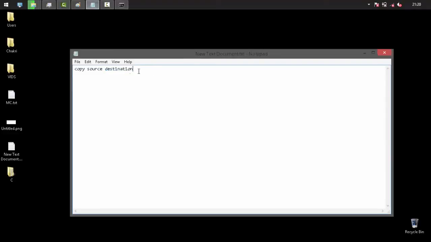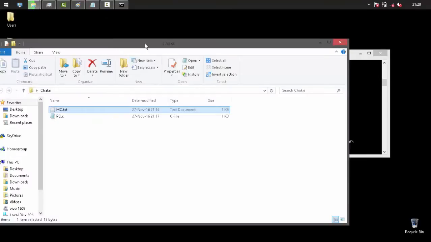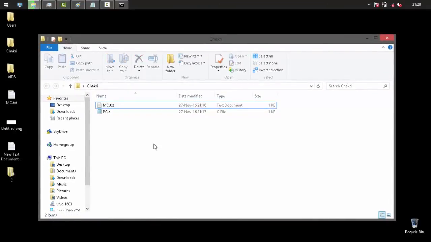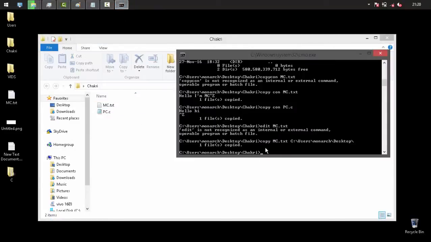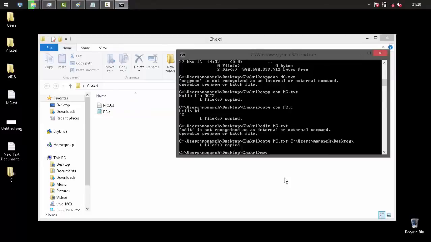The next thing which we are going to be learning is move. Move followed by a space, source and the destination. What move does is, along with copying, it deletes the file in the previous location, the source location. In the copy command which we used, it copied from here to the desktop. But if we use move, let's say I want to move this pc.c to